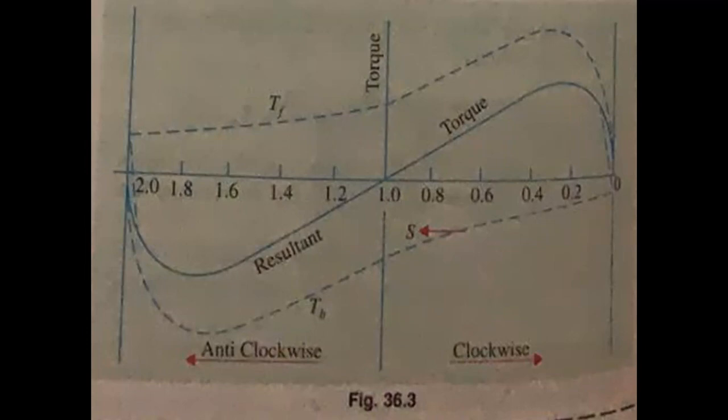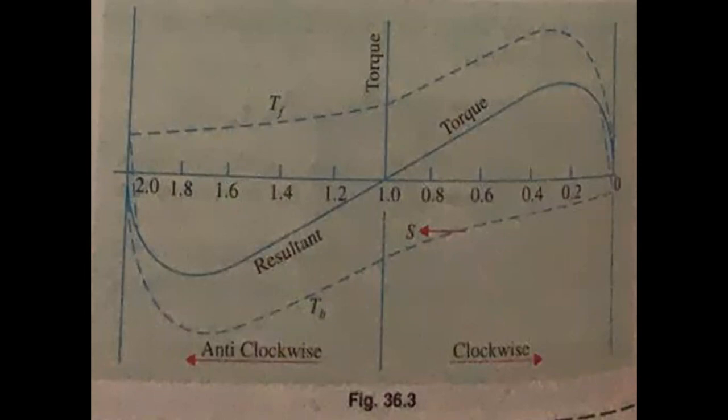So this explains why we are having trouble with single phase motors, because we are not getting self starting. The forward torque will be like this, the backward torque will be like this. So if you pull an object front and back at the same pressure, what happens? The object will be stationary. It will not move to any side because both forces are equal, but they are opposite. One is pulling forward and the other is pulling backward.